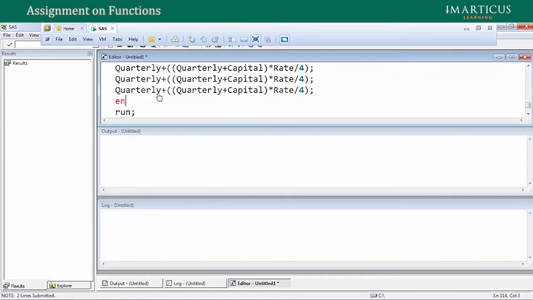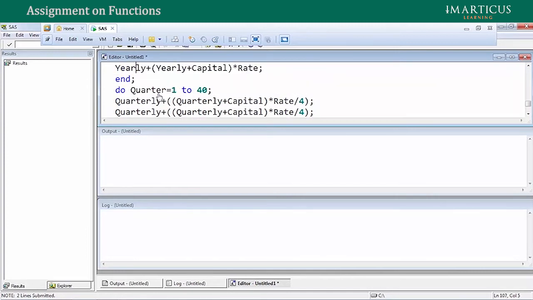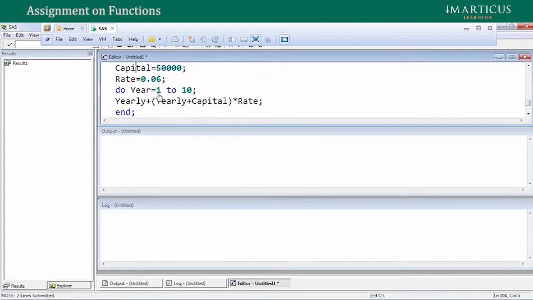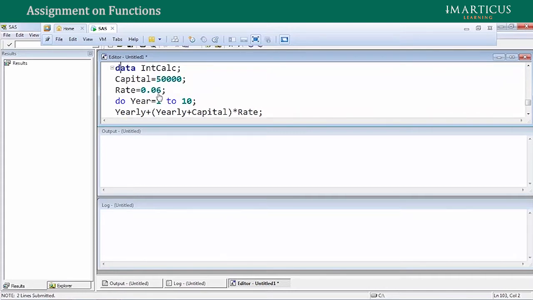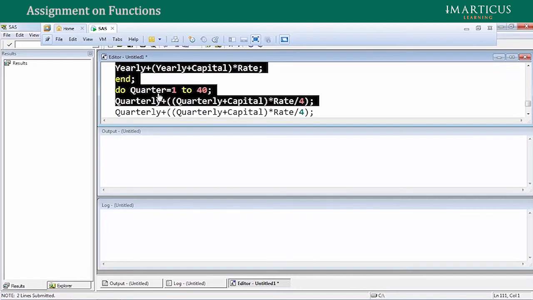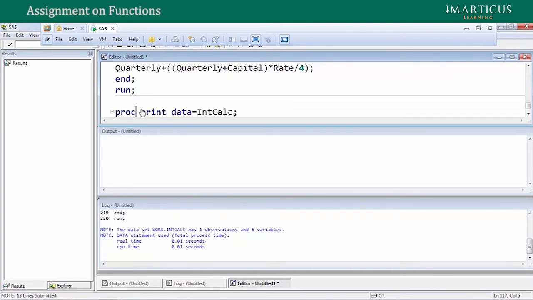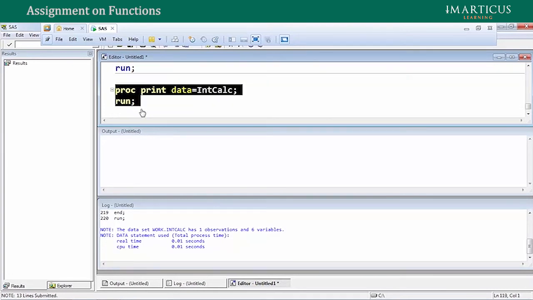And I say here end to end my loop. So if I execute this data step, write this proc print,